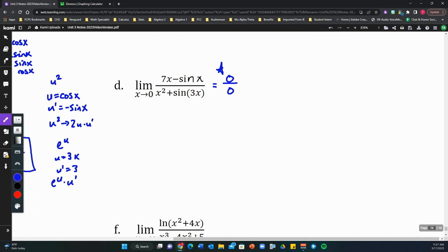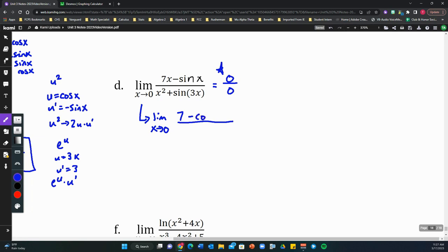So these two functions have polynomial terms, 7x, x squared. If we had to keep going with our L'Hopital's over and over and over again, those guys will disappear eventually, and we may be able to take this result and simplify it. So we shouldn't have to worry about an infinite loop in this case, okay? So let's try L'Hopital's once, see what we get. Again, we don't want to make assumptions until we see the results. Derivative of the top is 7